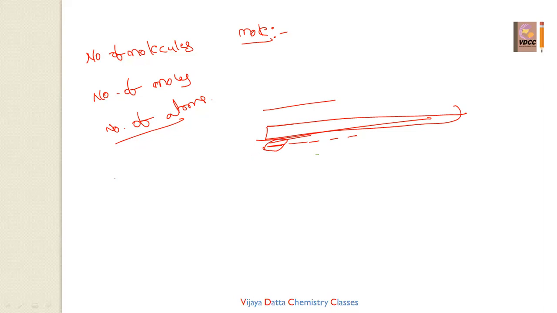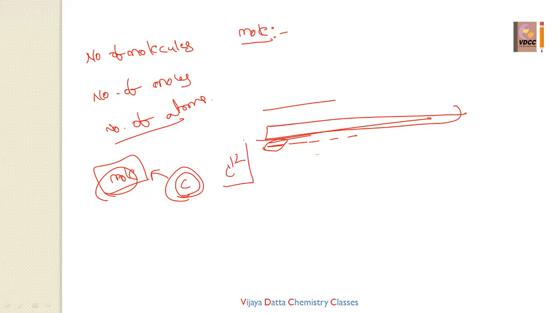Just like that, for the mole we consider carbon as the reference atom to explain the mole concept. That's why while talking about the mole, we talk about the 1/12 part of the C12 isotope. Why do we have to consider the C12 isotope? Because when studying the mole, they found that the C12 isotope is the most abundant in nature. That's why they considered the C12 isotope as the reference atom for the mole concept. Now, what is the mole?